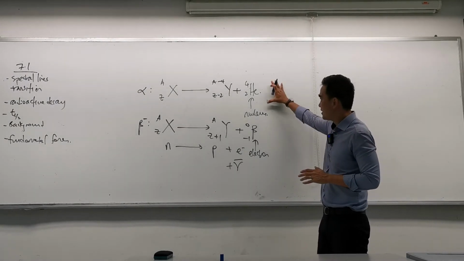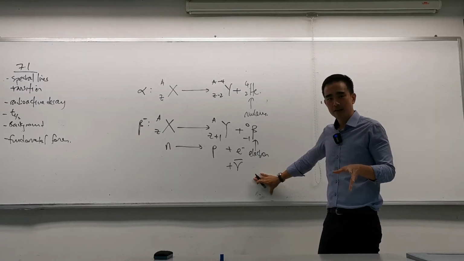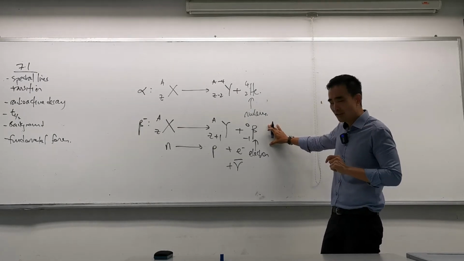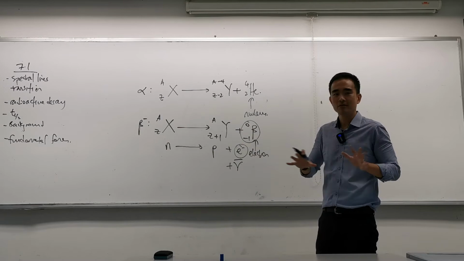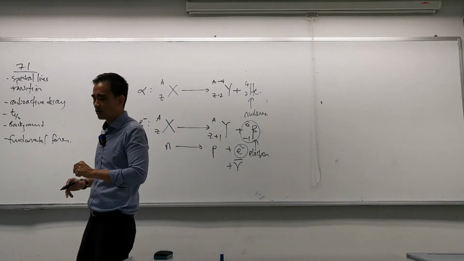They realized that helium, this alpha decay, and the gamma decay, which is the last one, is specific. Therefore, this one should be specific as well. However, the energy of this particle emitted is not specific. It takes any values that it wants up to a maximum value. So why is this so?